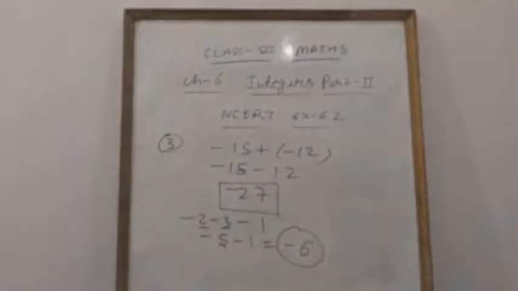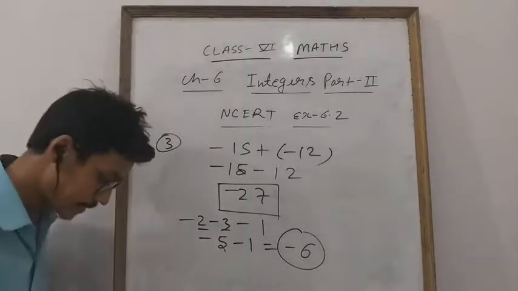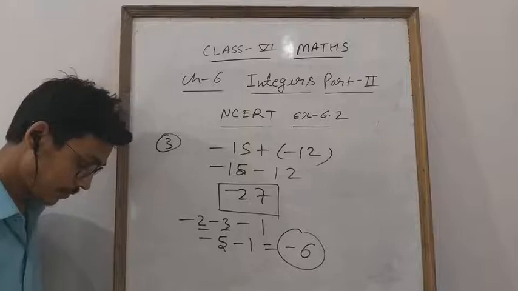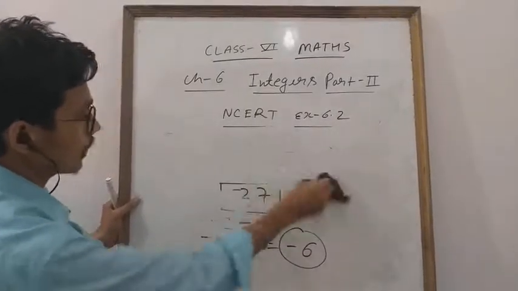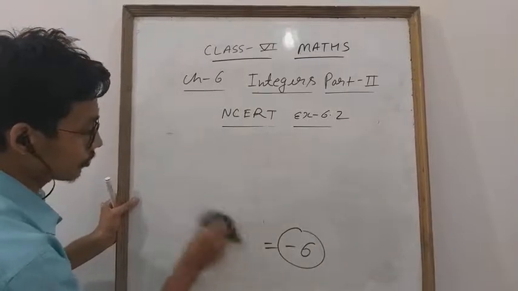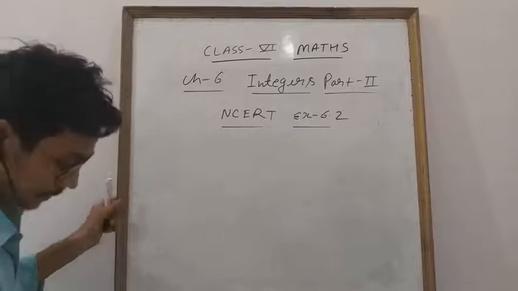So student, I think your concept is clear how to add. Okay everyone, so I think this is clear. Now move to the next question. What is given in the next question, student? Next question also, find the sum is given, and if I am writing question number 4, I am going to solve. See, every question is based on the same pattern, only you have to do the question very carefully. Okay everyone, every question is based on the same pattern.